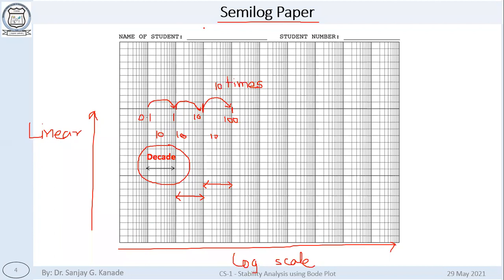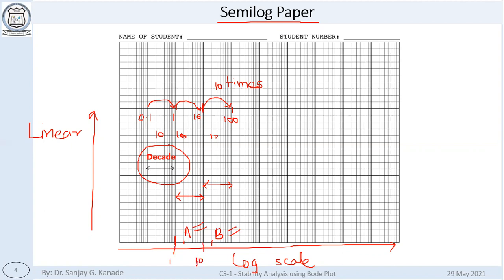Can someone tell me now what will be the value of, let's say this is 1, okay? This is 1 here, this is 1. So what will be this value? Okay, and what will be this value? I am putting this as A and this point as B. What is the value of A and what is the value of B? Can someone tell me?